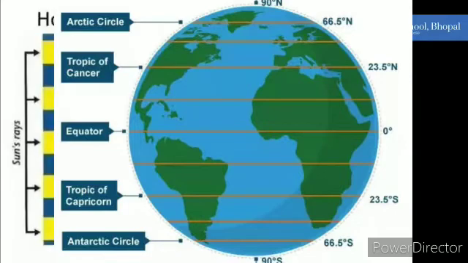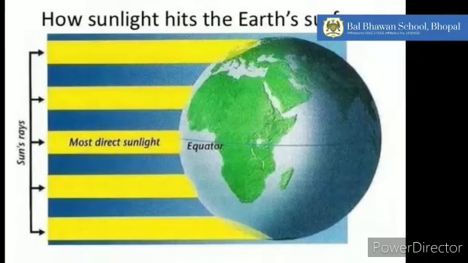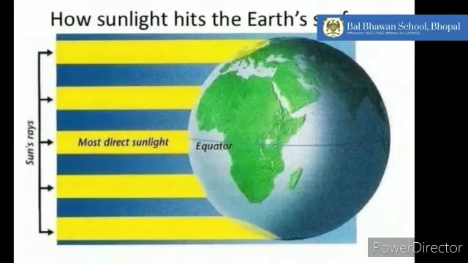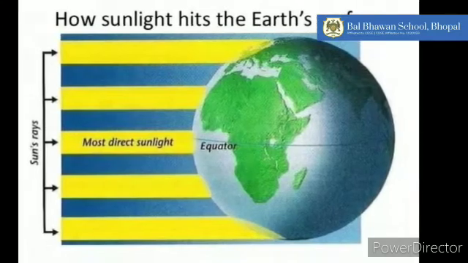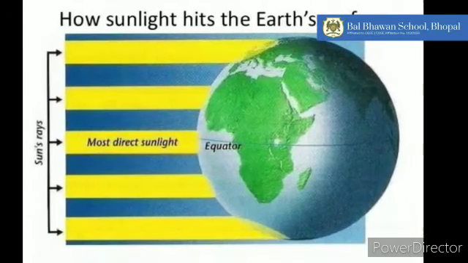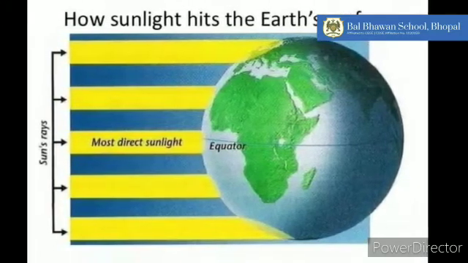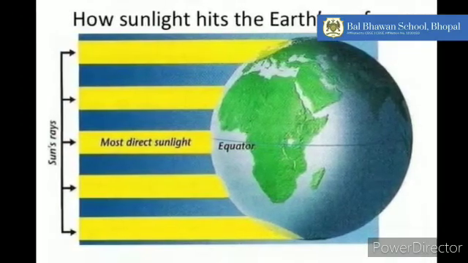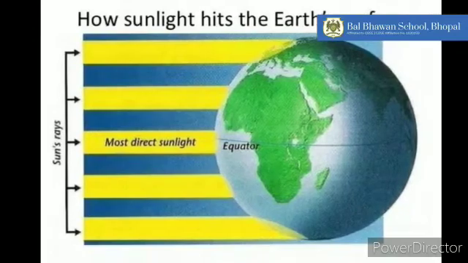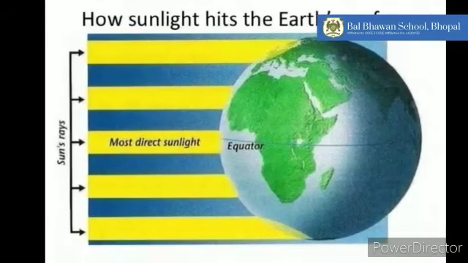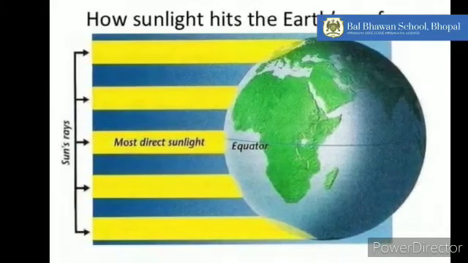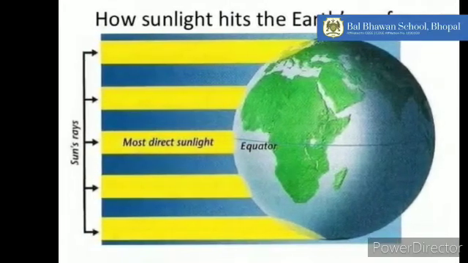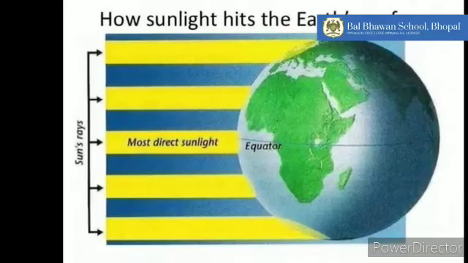Now it is a very interesting point to know that the weather at the equator is extremely hot. It's very hot. And as we move away from the equator, the weather conditions improve. It becomes cool and then cold. And as we move towards the poles, the North Pole and the South Pole, that is the farthest points from the equator, what would be the weather at that place? Yes, extremely cold weather.